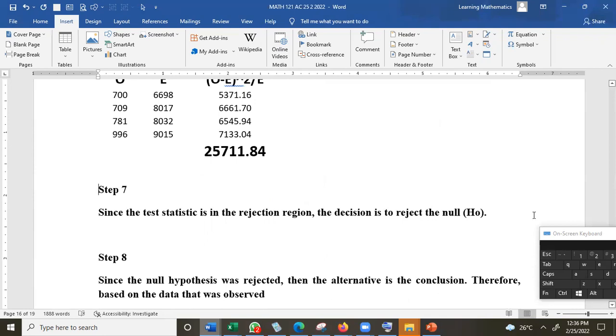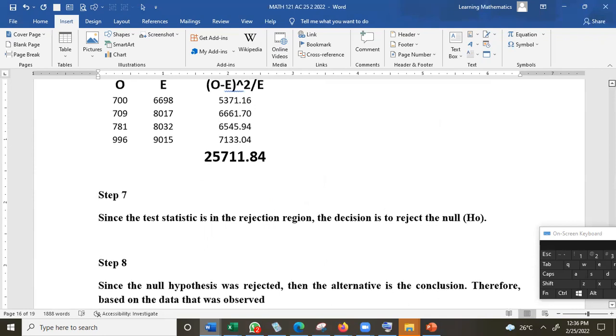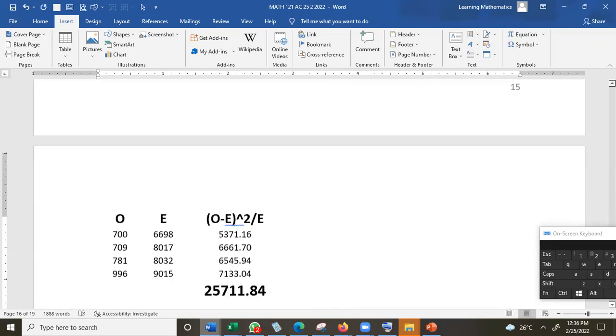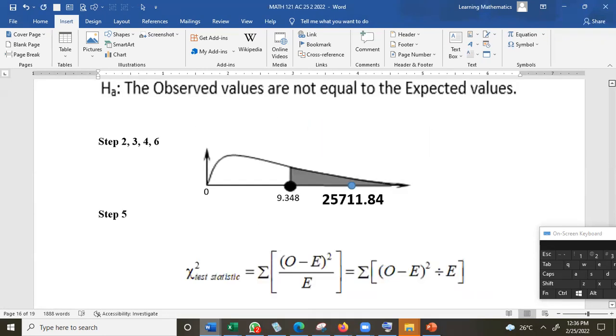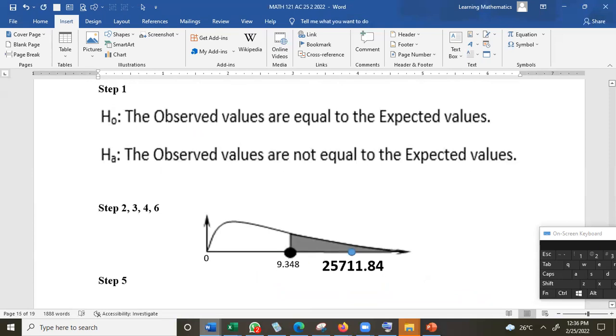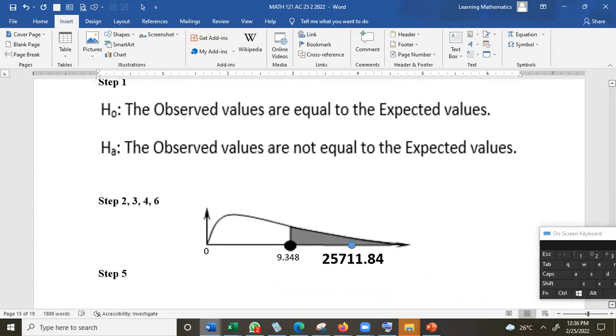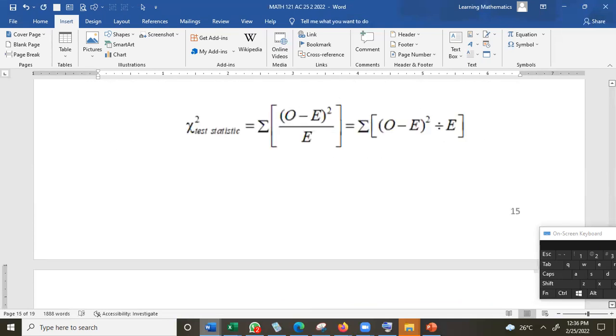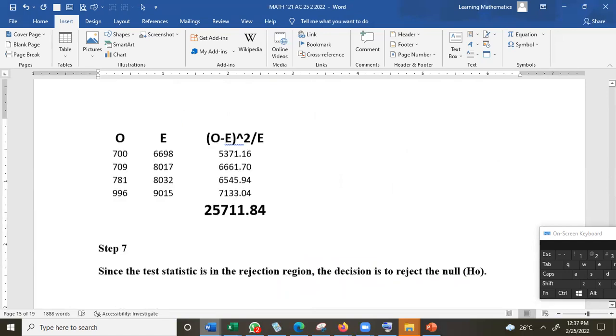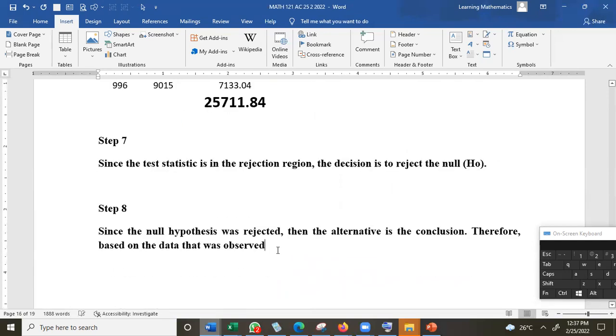Therefore, based on the data that was observed, we have to quote what the HA is saying. The observed values are not equal to the expected. There was a change in tourist arrivals. You observe what you're observing in the data. Therefore, based on the data,